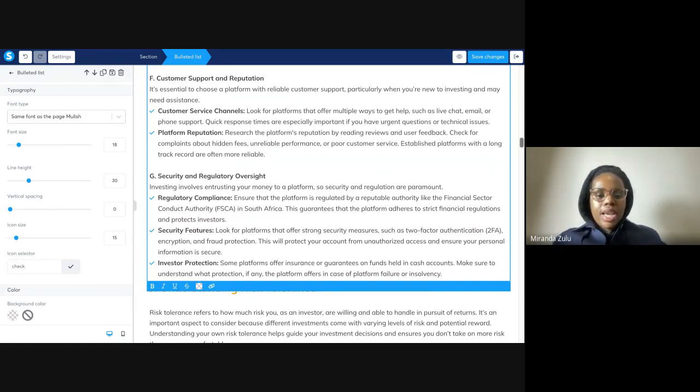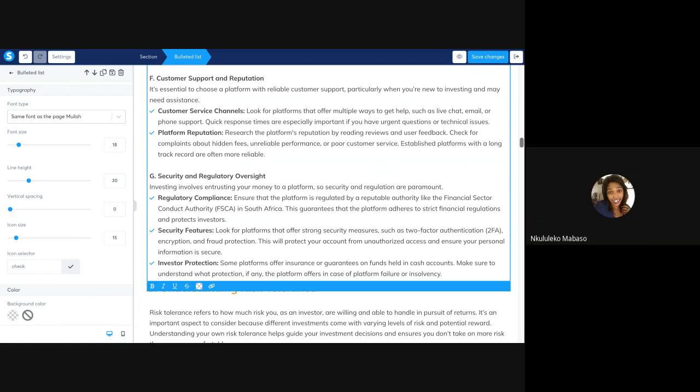And so what I always say is that you need to check if that company is registered with the FSCA. Do they have a license to operate? Because for them to be an investment platform, they need to be regulated and licensed, and go under strict financial regulations. Yes. How do I verify that? You go on FSCA.